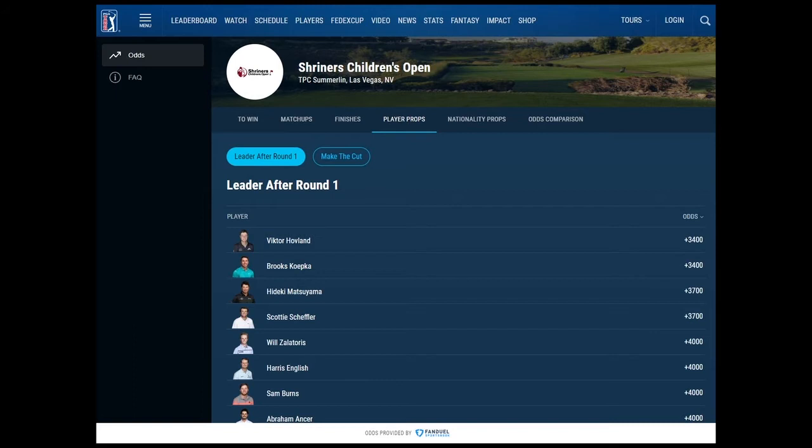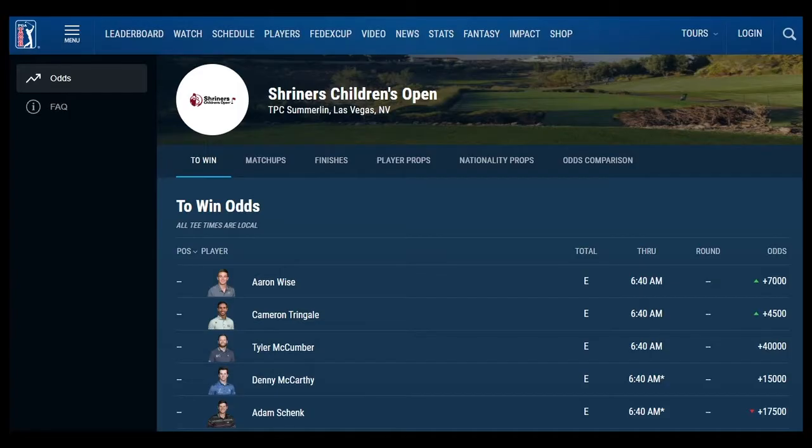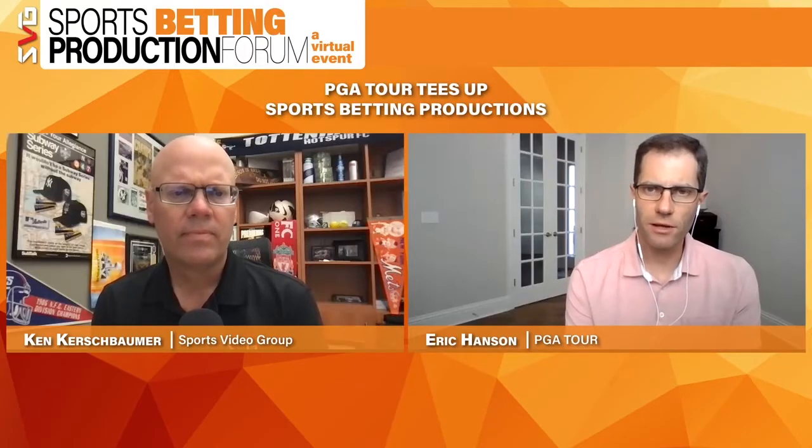So on our website and our app, we have a section called odds that's adjacent to our leaderboard, where a fan can go in before an event starts and see who the pre-tournament favorites are. With it, they can see some of the different prop bets, like who's going to be the top American. You can see what the odds are for who's going to make the cut or not. And then you can even compare across multiple different betting operators there too. So you can see how the odds stack up for different players across those different betting operators.